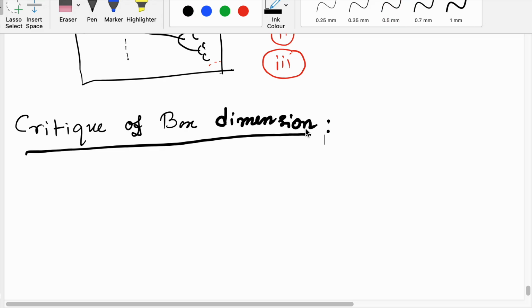Now, what is the problem with the box dimension? So the first problem is,